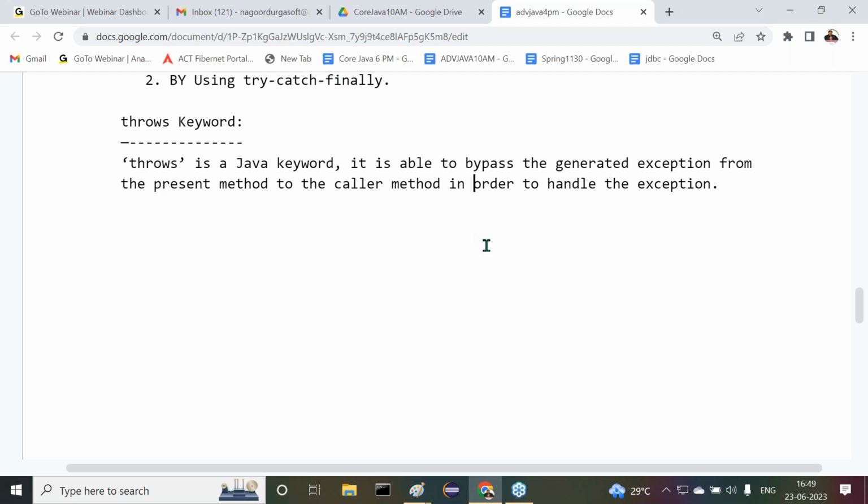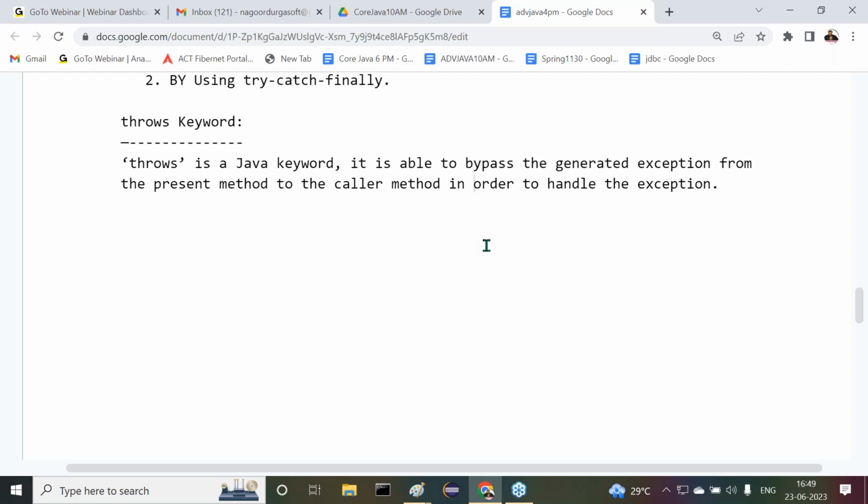Come again, what's the point I'm telling? For example, I have a method, and inside that method I have an exception. This method is called from some other method. In this particular method I got an exception, I know that, but I don't want to handle it in this method. That handling mechanism is available at my caller method.